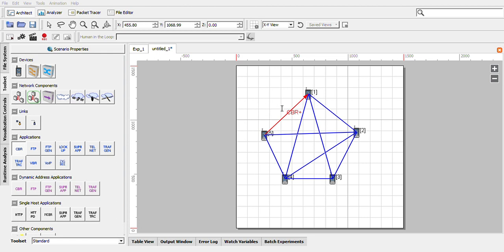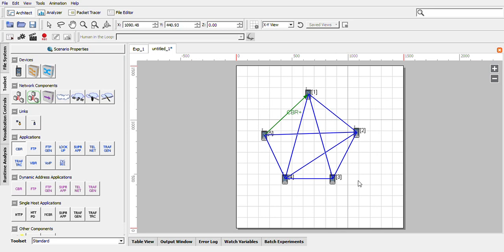I will tell you why I am setting this as 3000. Don't worry, 3000 seconds, and go to the scenario properties and set this to 6500 or 7000. As I said, I am just changing the values to show that you have the freedom to change the values as you wish.